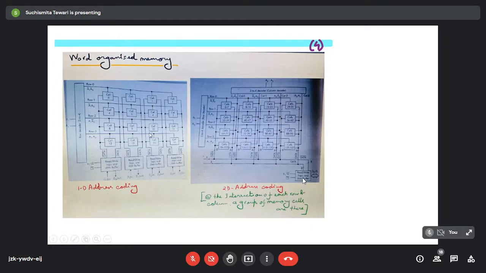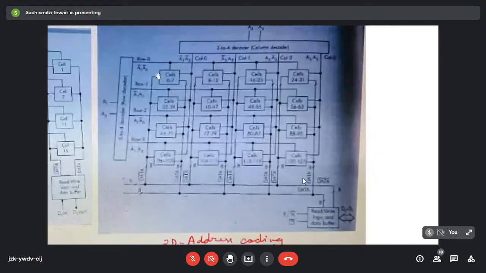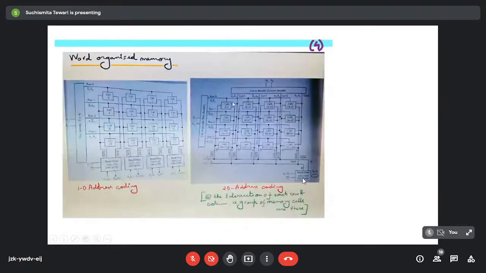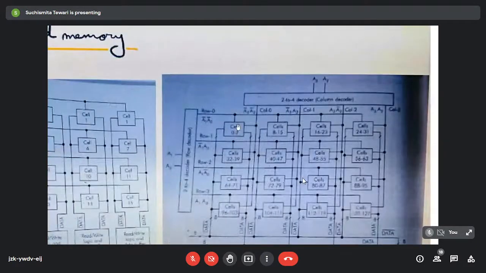If we want to do the same thing with 2D addressing, what do we have to do? We have to simply place more cells at this particular memory location. Previously, at this intersection point, one memory location contained one memory cell and produced 1 bit of data. But now, one memory location contains 0 to 7, that is 8 memory cells at a time. So when we give the address bits 0000, this memory location is pointed at, which means all these 8 cells are being pointed at, and from these 8 cells we will get